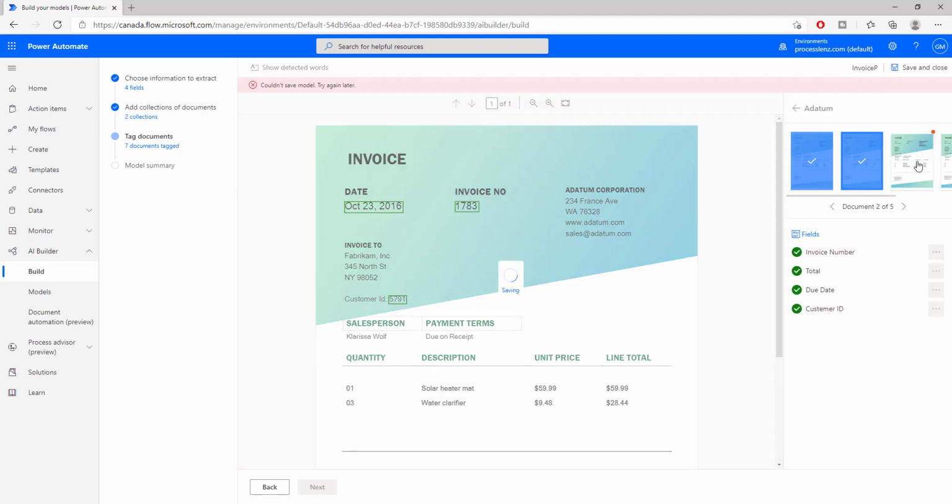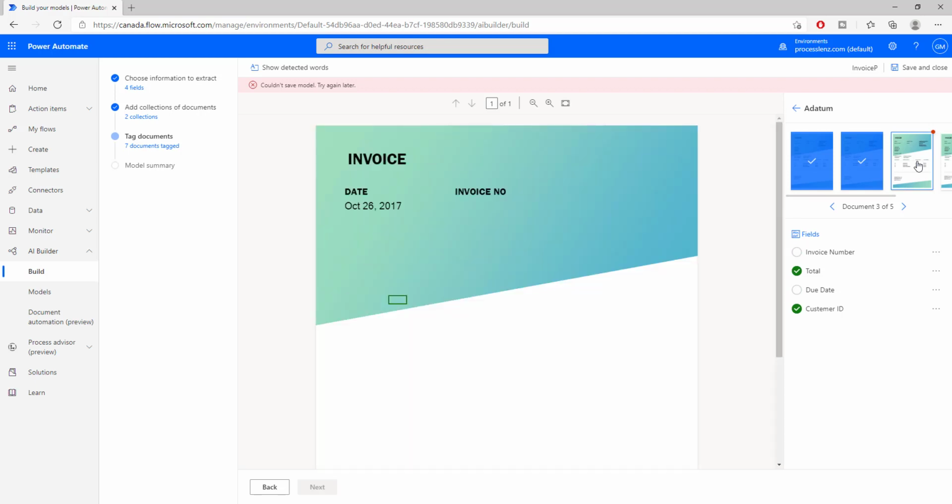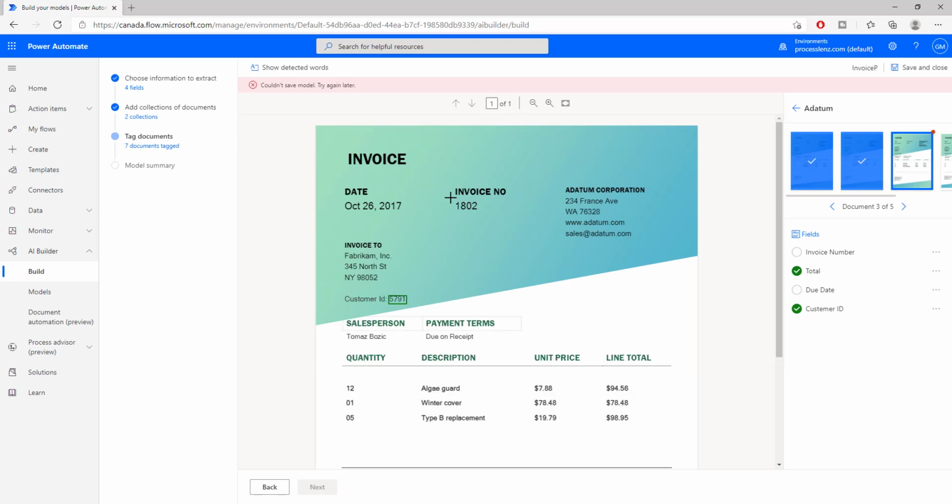So maybe in the following ones, it will be able now to recognize also those missing fields, or maybe we're gonna have to train. Now let's wait and see what happens. So again, it was not able to identify the invoice number and the due date, but that is not an issue because we have to do this initial training on at least 5 documents so that Microsoft will learn how to get it correct. Now let's pass on to the final document,